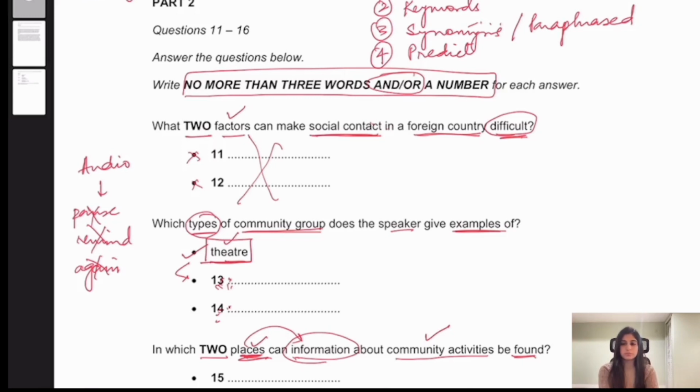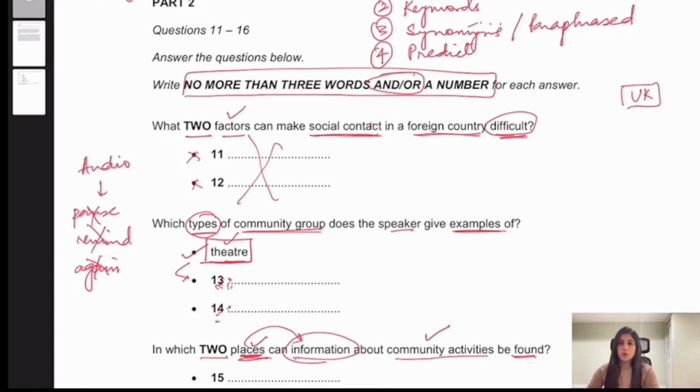You will hear an extract from a talk given to a group who are going to stay in the UK. Good evening and welcome to the British Council. My name is John Parker and I've been asked to talk to you briefly about certain aspects of life in